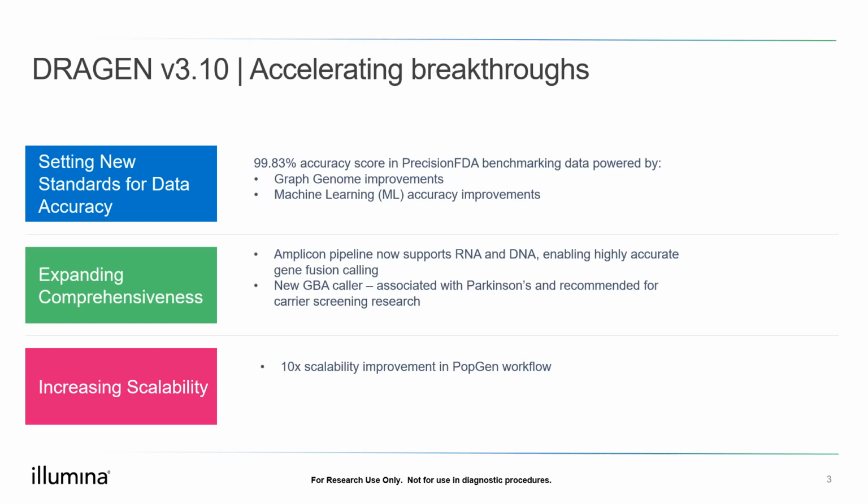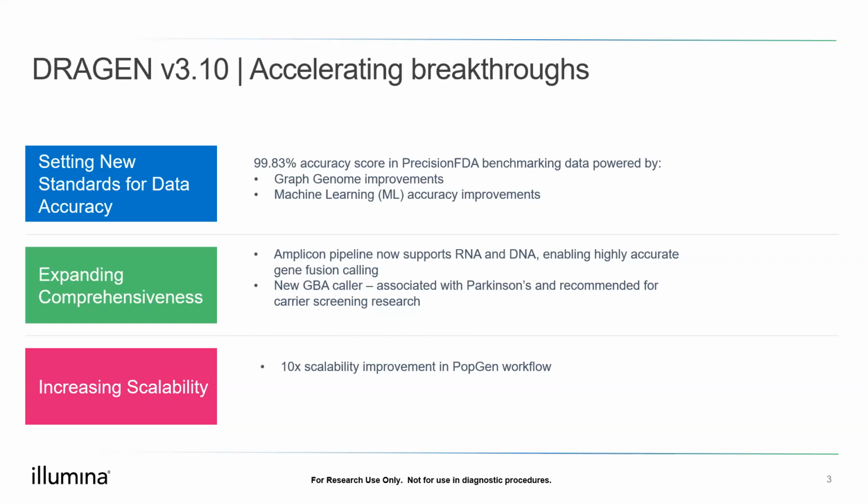With that in mind, we have some improvements specifically to our graph genome, as well as our machine learning accuracy. We are also improving the comprehensiveness of the platform like we normally do by bringing in new pipelines. In this case, we are bringing in the RNA Amplicon pipeline, as well as a targeted caller specifically for GBA,